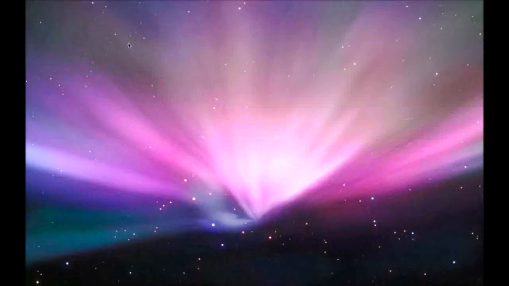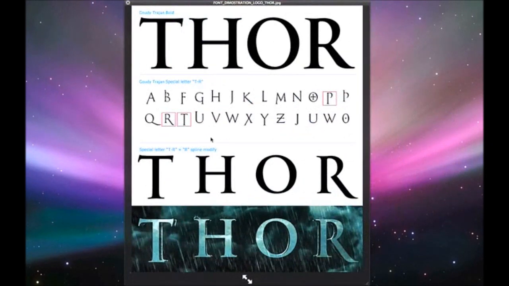A premise about the font used in this project. This is a particular commercial font, Gaudi Trajan. Very elegant. Specifically, I used the bold style as a starting point. You should know that in this font, there are also some special letters, which are designed to make the final